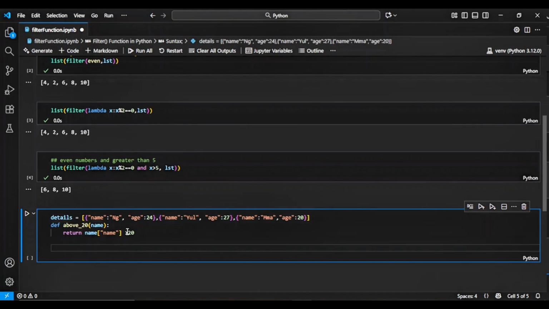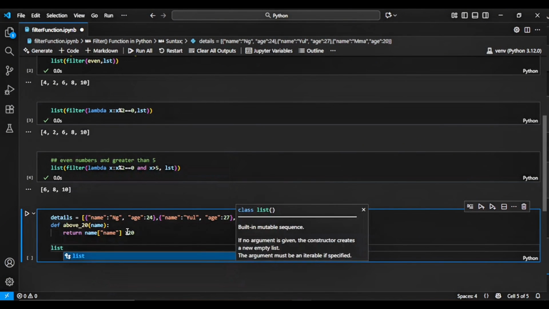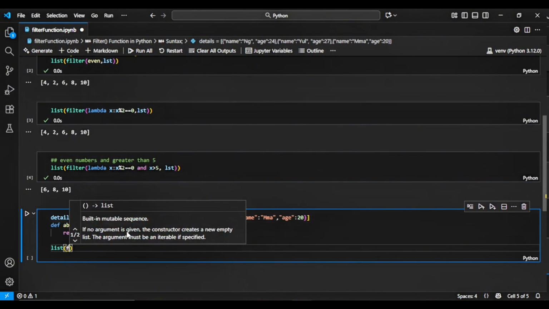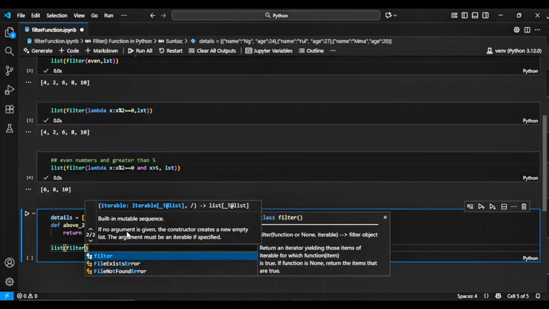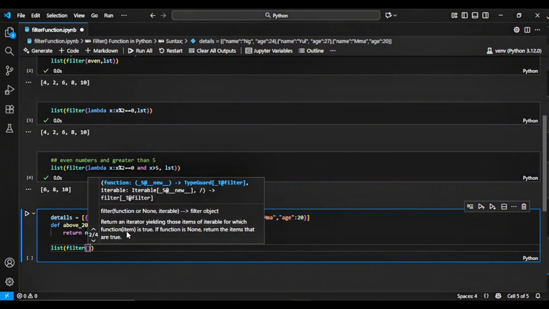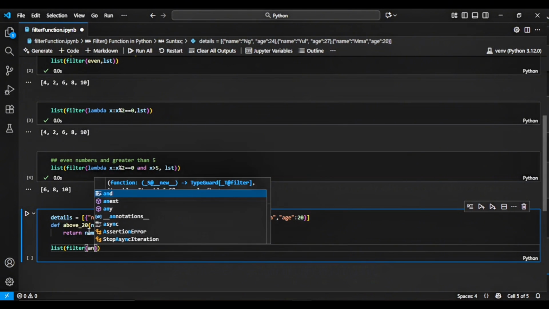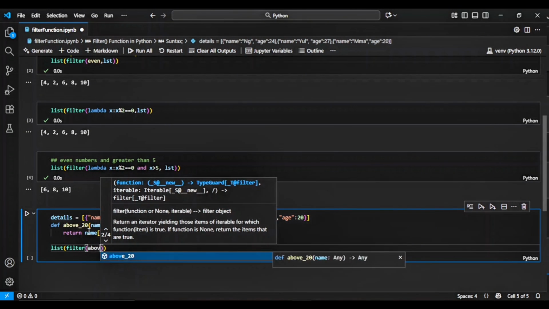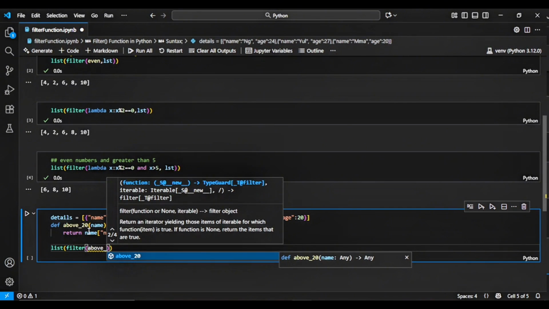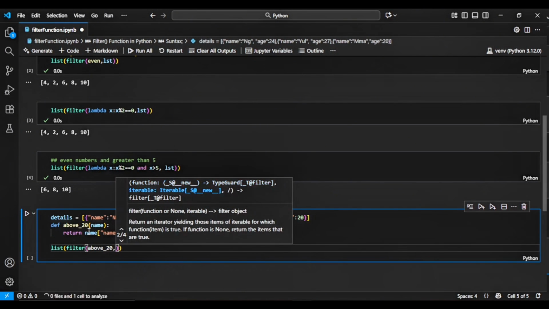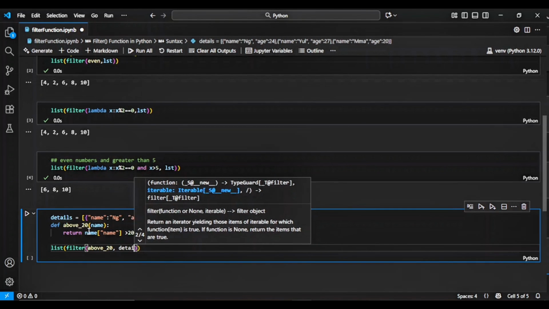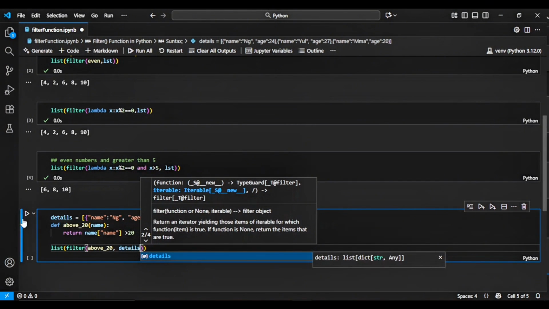So let me use the filter function. Filter, the name of the function is above 20, and then the list is details. So if I run this,